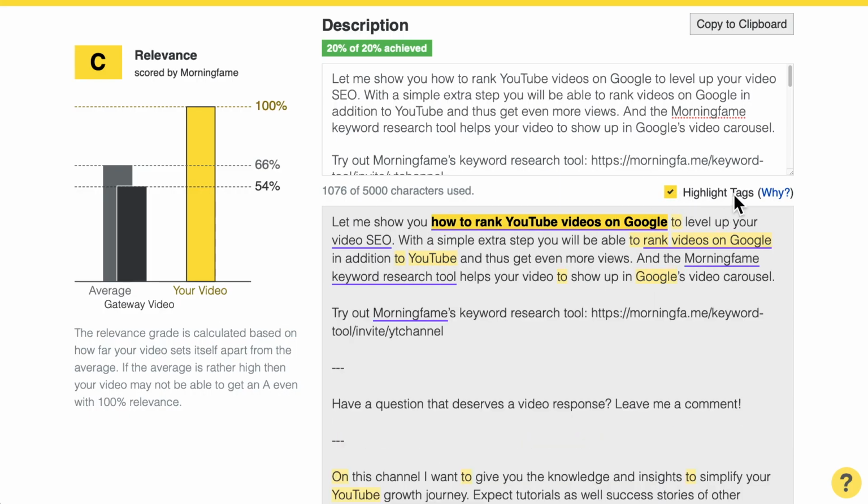But there is a big issue, right? The video title has only very limited space where you could put a search term. So the next best thing that you can do is to put additional search terms into your video description. And you can see this also very well here in the tool. If you click the highlight tags, it underlines in pink the additional search terms that I put into this description. And that is what I want to talk about today, how to use this to our advantage,